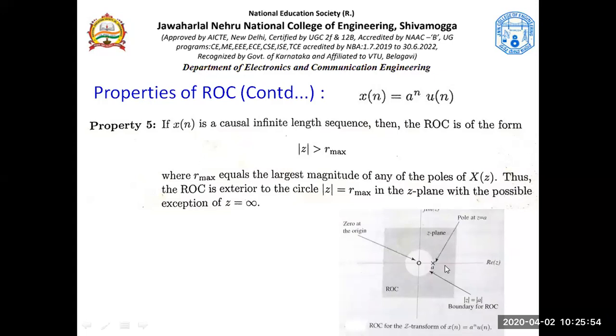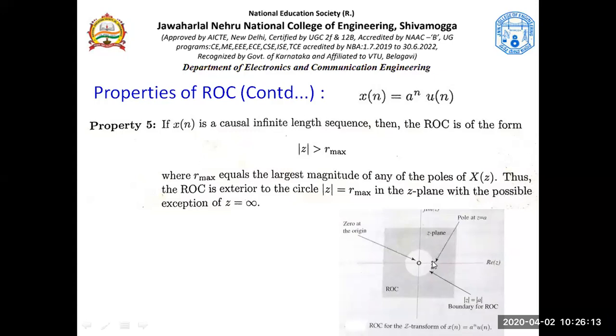Suppose there are more than two poles. Understand that? More than two poles. Say A1 and A2. Suppose what we have marked is A2, and A1 we mark somewhere here. So A2 would be greater than A1 that we marked here. So in that case, we have to consider the pole with the maximum value.